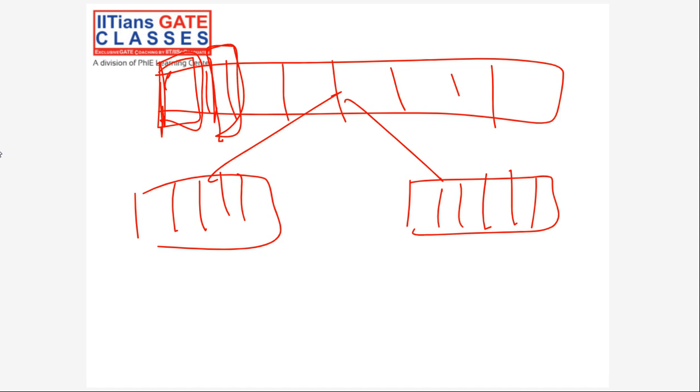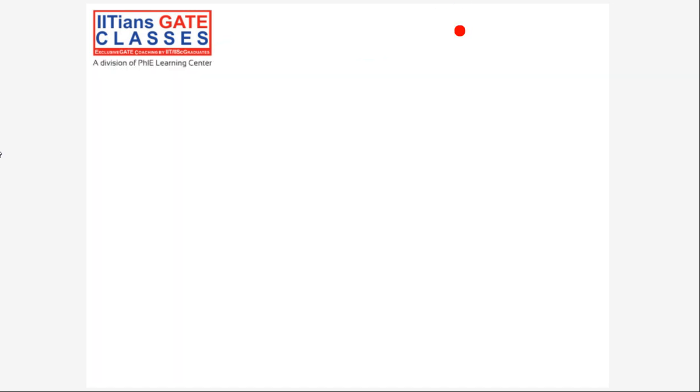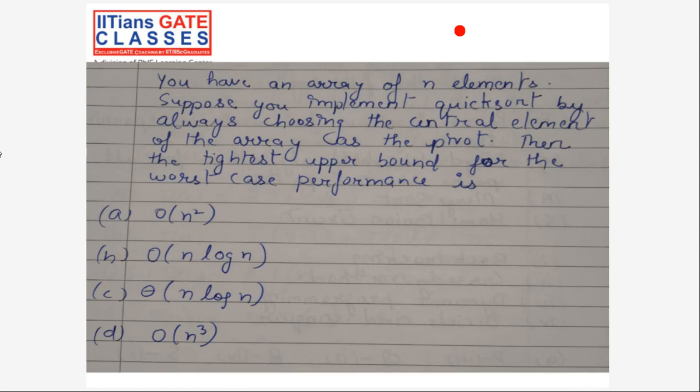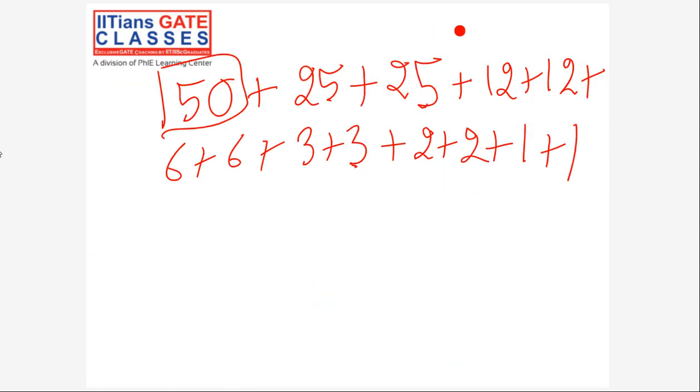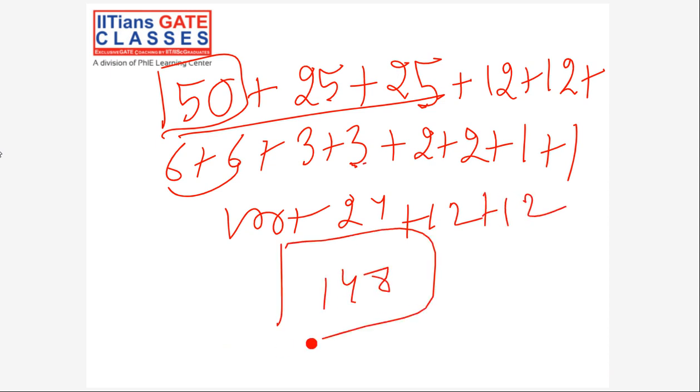It's actually strange that you got the exact answer 148. That's the right answer, but this is the right method to do it. You recursively try to solve this, and only then you will understand the surety that you will get maximum and minimum element in 148. If you add this, this becomes 100, this is 24, and this is 12, and this is 6 plus 4 is 10 plus 12. So this becomes 148. I hope this method was clear to everyone.